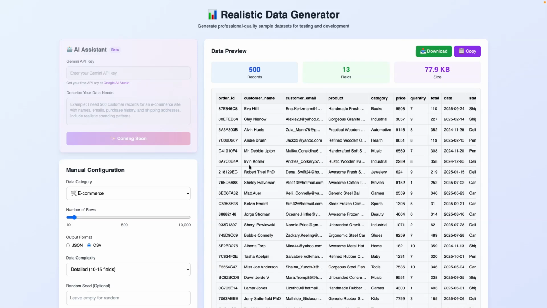All right, today's video, we're going to be taking a look at this data generator. I created this because I make lots of Google Sheets templates, and oftentimes when I create them, I need data to test them, to make sure my formulas work, to make sure things look okay. You can get this data from many places. You can Google data or you can actually create it using a large language model. But what I've found is that every single time I need data, I have to go into one of my large language models, describe what I need, and try to create that. And sometimes it's inconsistent. So what I decided to do was just create an app that solves this very specific